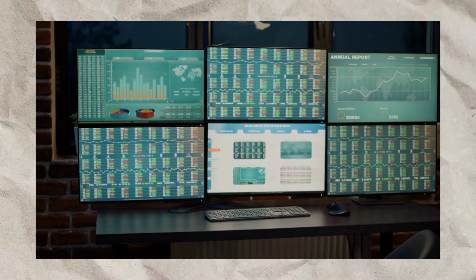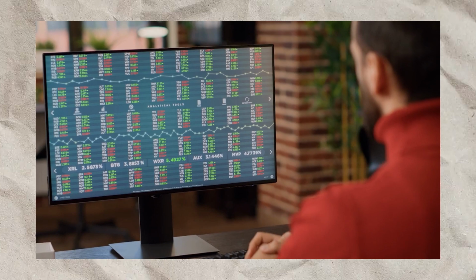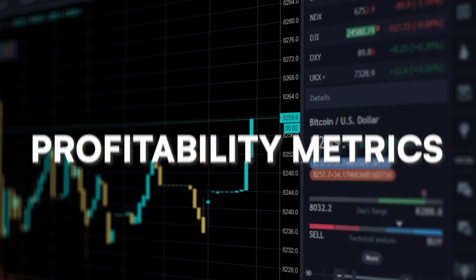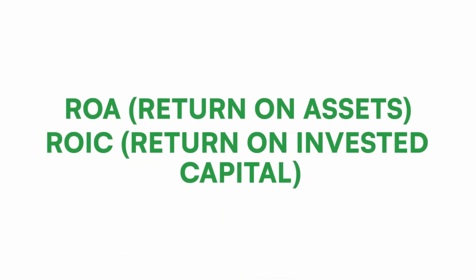When it comes to stock investing, there are many different metrics that you can analyze in order to find good investment opportunities. One of the most important types of stock metrics is profitability metrics. Here, two key metrics that stand out are the ROA, the return on assets, and the ROIC, the return on